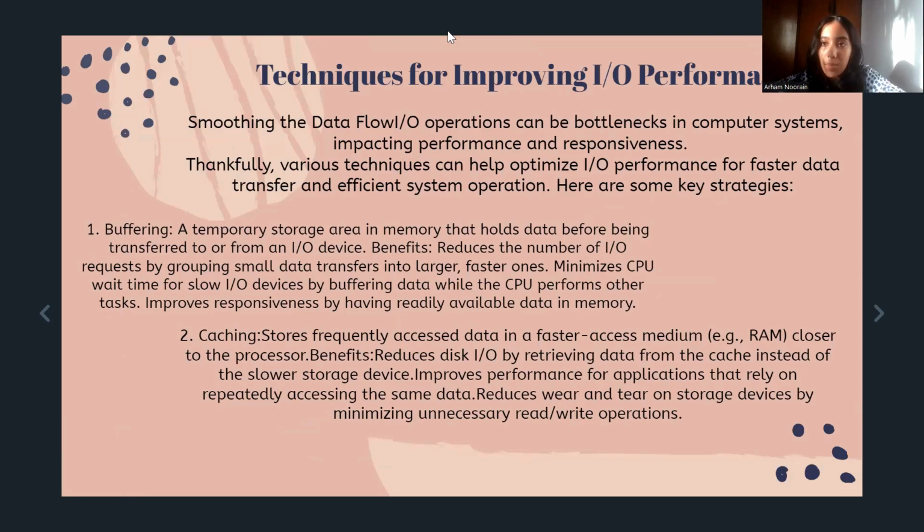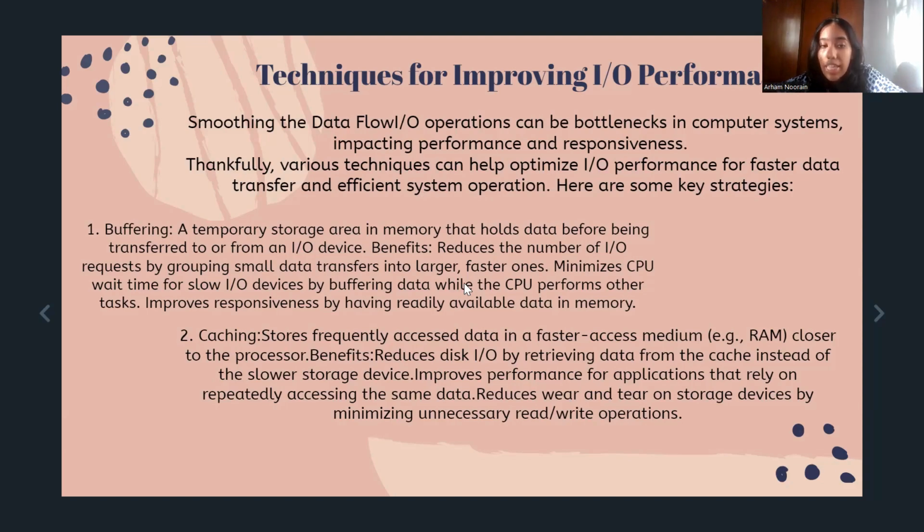Techniques for improving data input and output performance. Smoothing data flow: input and output operations can be bottlenecks in computer systems. Thankfully, various techniques can help optimize input and output performance for faster data transfer. First one is buffering, a temporary storage area in memory that holds data being transferred to or from an input or output device. It reduces the number of requests by grouping small data transfers into larger and faster ones, minimizes the CPU wait time for slow input devices by buffering while the CPU performs other tasks, and improves responsiveness by having data readily available